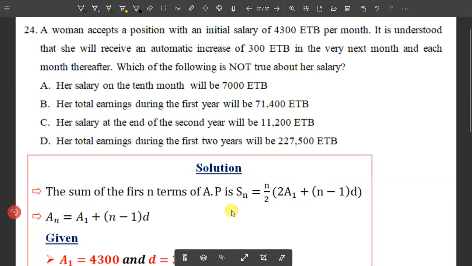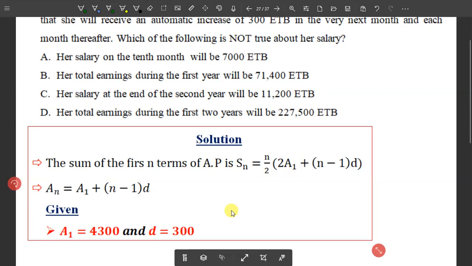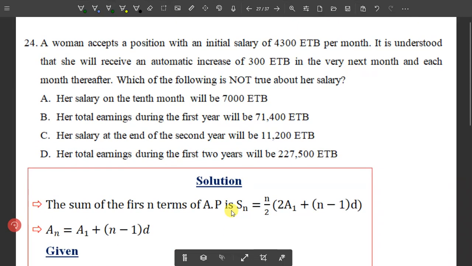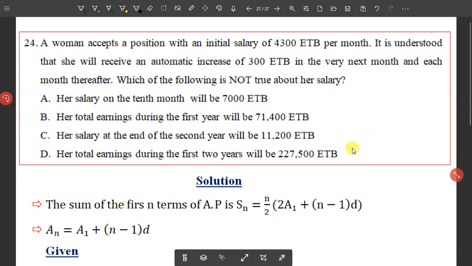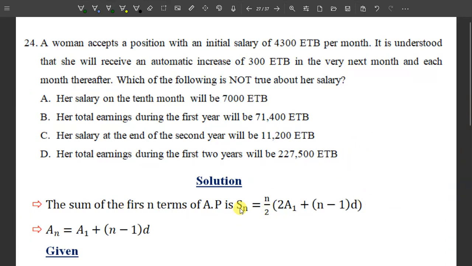We know that in an arithmetic sequence, we know two things. The first thing is the sum of the first n terms of an arithmetic progression is given by Sn equals n over 2 times (2a1 plus (n minus 1)d), and an is equal to a1 plus (n minus 1) times d. But first, we need to understand the question itself, whether this question can be done using arithmetic sequence or geometric